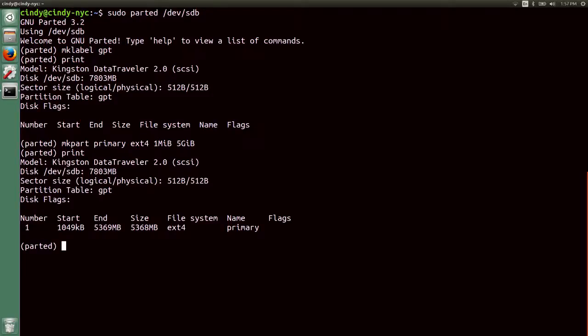The partition type is only meaningful for MBR partition tables. Remember that MBR uses primary, extended, and logical partitions. Since we are formatting this using GPT, we're just going to use primary as the partition type.